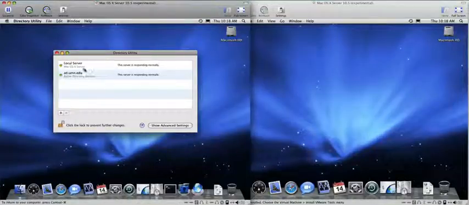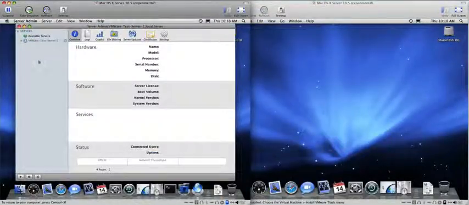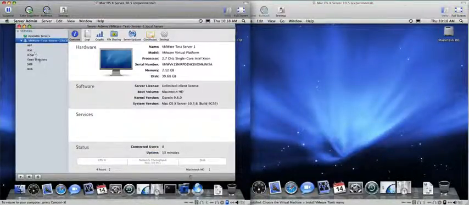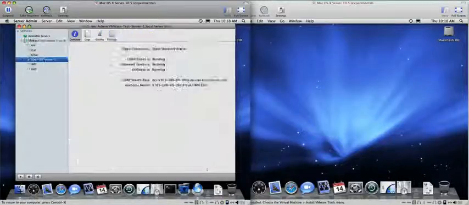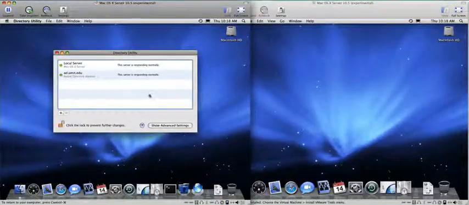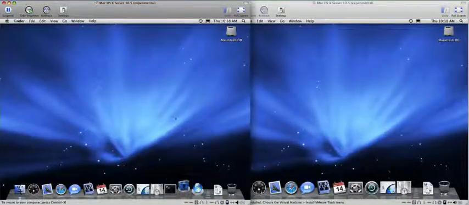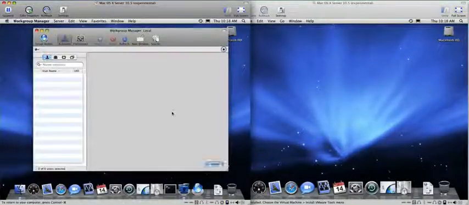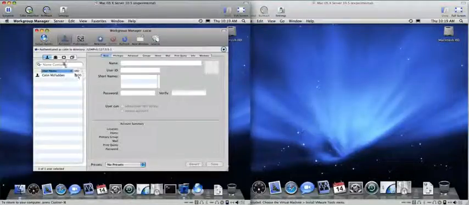Now, if you weren't running Open Directory already, you'd want to go into Server Admin and set this machine up as an Open Directory master as well. In this case, we'll double check, but we should already be running as an Open Directory master. Indeed, we are. So I'll quit out of Directory Utility, and now I'm going to go into Workgroup Manager because I want to set up some groups that'll be managed locally. So I'm going to go over to Groups,